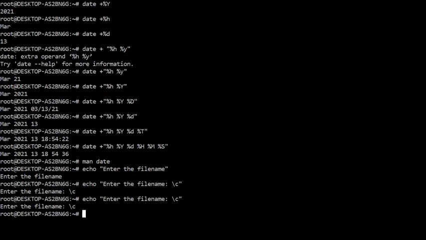The /c here is to put the cursor on the same line and not on a new line. If we want the cursor after printing the message, because we want to enter some input, the cursor has to be on the same line. For that we use /c.